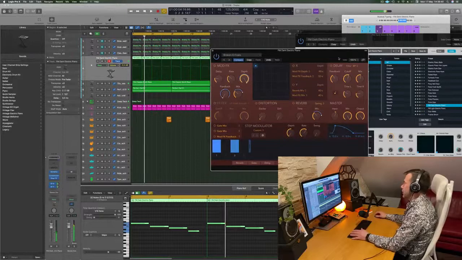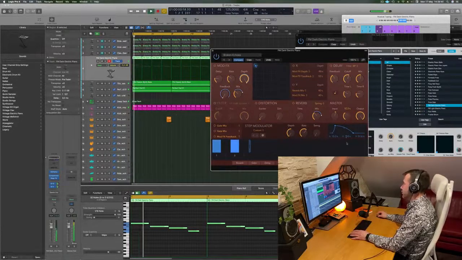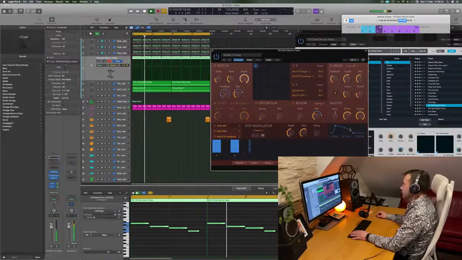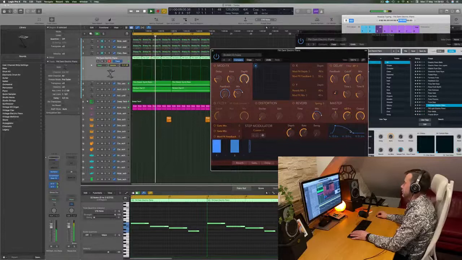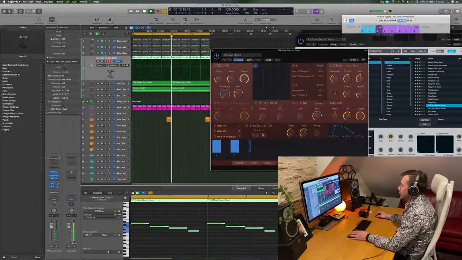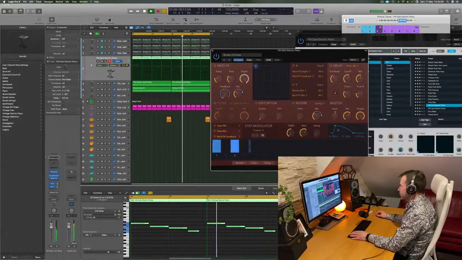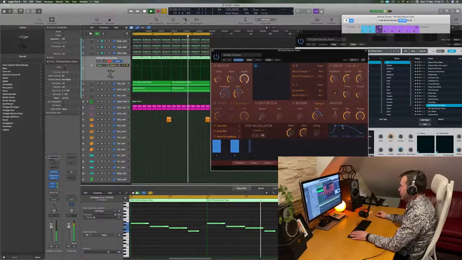So you can spice it up like that, and of course you can mix it here. So you have the original signal. Always find the mix around 60-70. It's very good. Then you can also, of course, play with the parameters. Distortion, reverb, the step modulator. Okay, this could be interesting in our case. So you want to